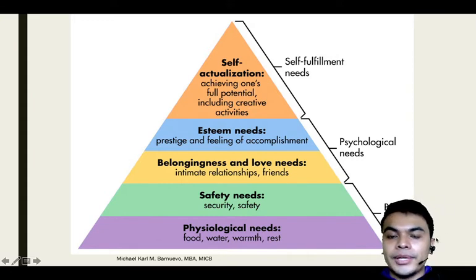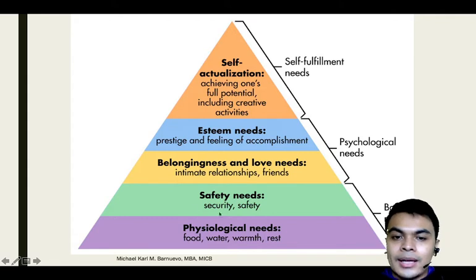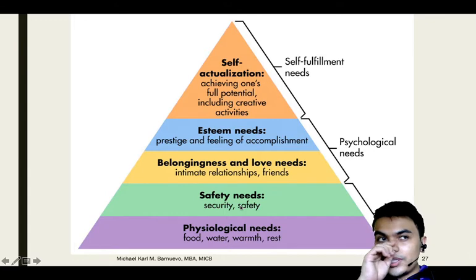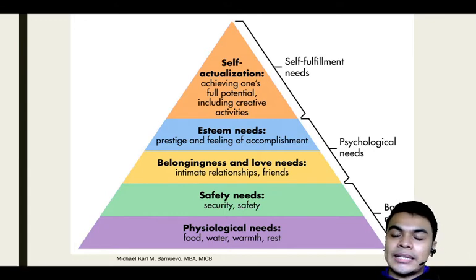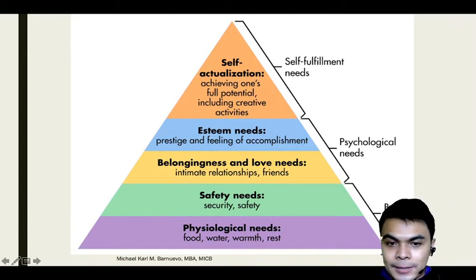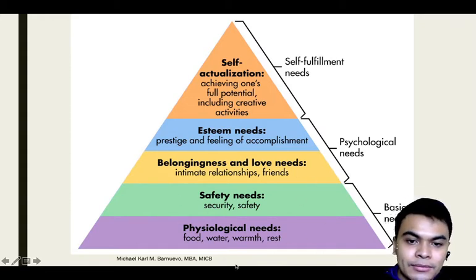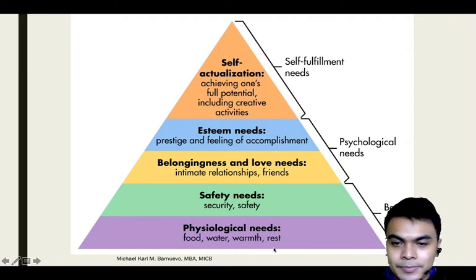So kung ikaw ay nakakabilang dun sa class D, dun sa poverty line natin, ang priority na needs mo is yung physiological, yung food, water, warmth, and rest. Swerte mo na kung umabot ka pa dito sa second, security and safety. Pero if you notice, di ba, yung mga medyo poverty line talaga in the Philippines, natutulog na sa kalsada. So they do not even have the need dito sa security. Ito pa lang ang need nila, food, water, warmth, and rest.